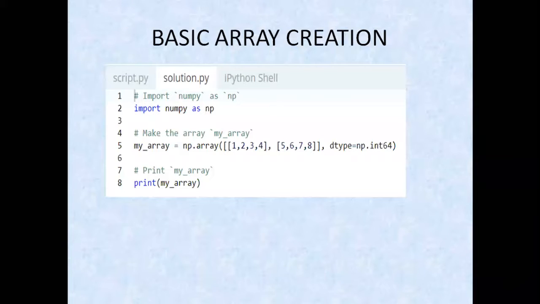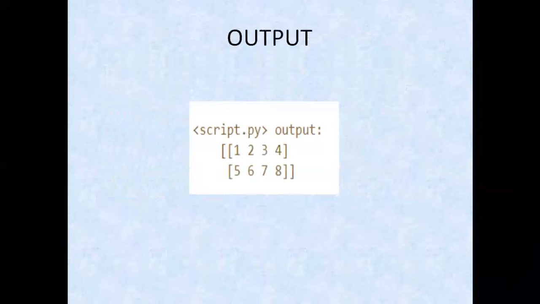So this code is just making an array out of a list. Here they have included two lists, and they have mentioned the data type as np.int, but it is not mandatory to mention the data type. You can just make an array out of a list. So here the my array variable holds the list, and it makes it an array. So while printing my array, what would be the output? Can you imagine? Yes, the output will be in the form of a matrix. That is an array, and it is two-dimensional.